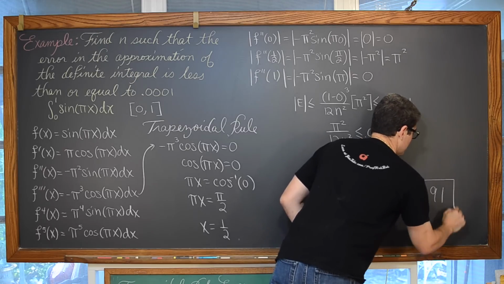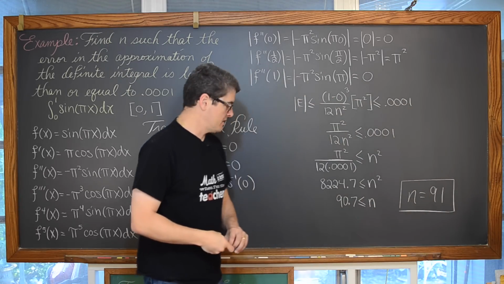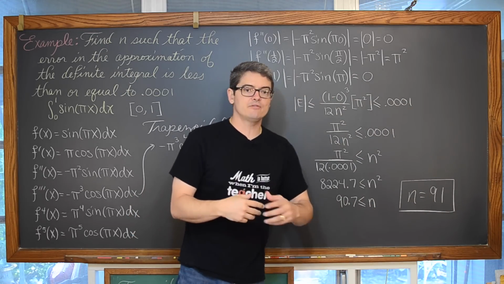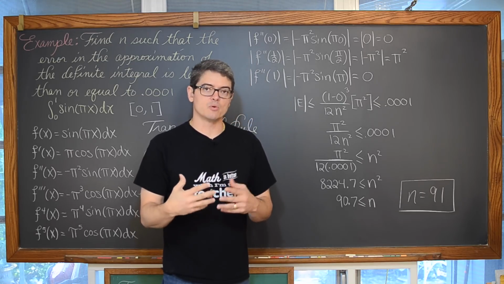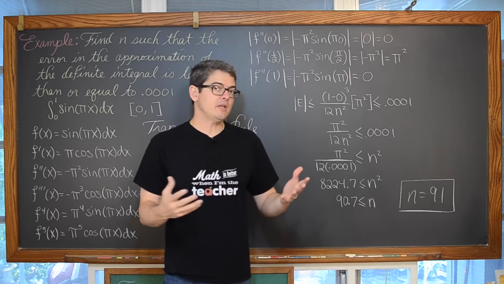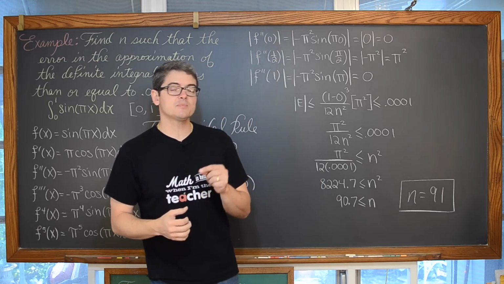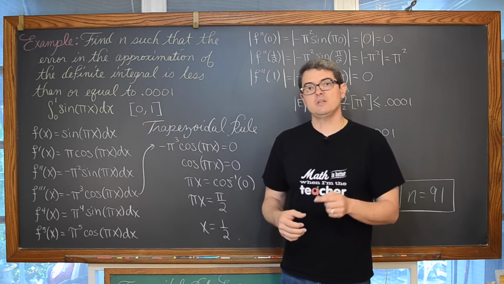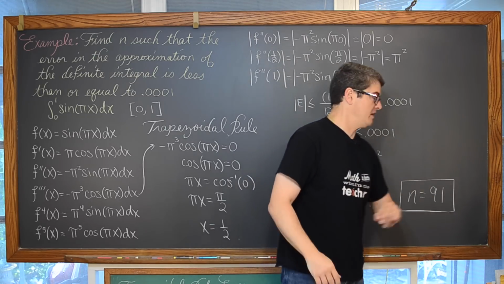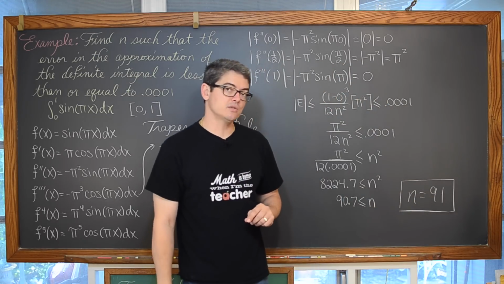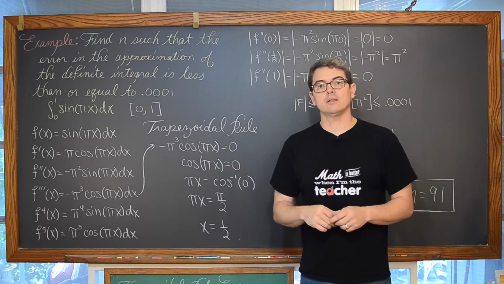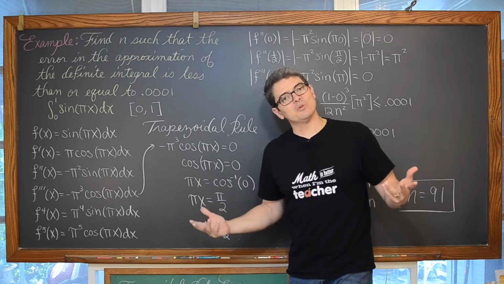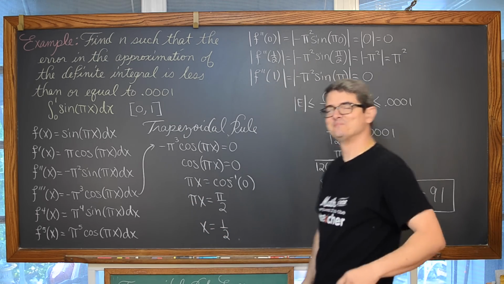91. And remember that when you are estimating a definite integral with the trapezoidal rule, you can have any number of subintervals or partitions, if you will. So n being 91 is fine. Now, if we're using Simpson's rule, where the subintervals need to be grouped up in pairs, that would need to be an even number, and we'd say that n was 92, which is an issue that you're going to see in the last part of this example, where we calculate n for Simpson's rule as opposed to, of course, trapezoidal.